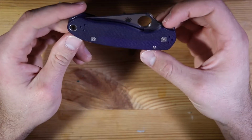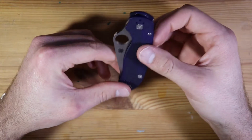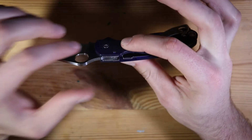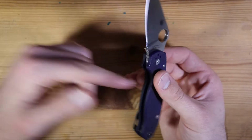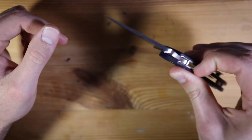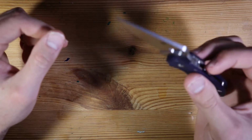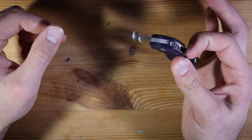And one of the things that I noticed when I first got the knife that I wasn't expecting, because I had seen people in reviews use the lock before, it is only smooth if you don't apply pressure on both sides of the scales. So I'll show you. If I have my thumb and my middle finger pushing down on the scales, and then I pull the bar over, you can see it's not dropping. So you only get that smooth action when you really take the tension off of the scales, and then it